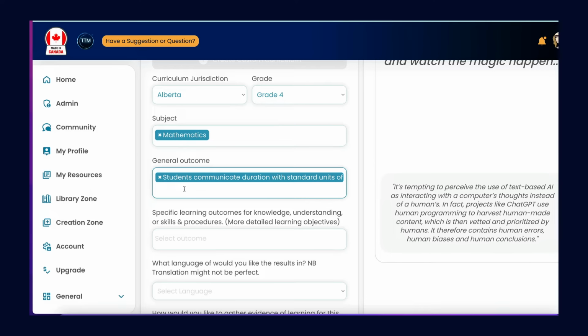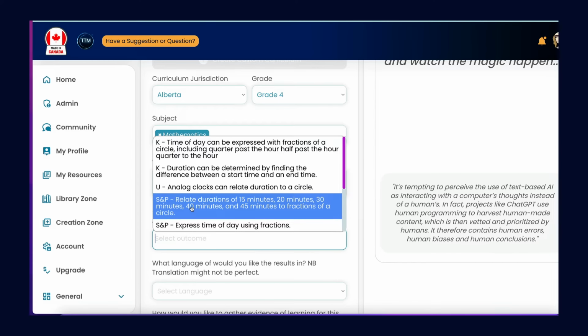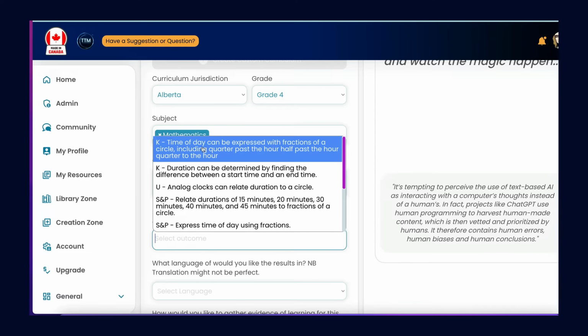Because if we're going to do outcome-based teaching and assessment, then we need to make sure that we are aligning our lessons to those things. Okay, so now because I've chosen that one, these are